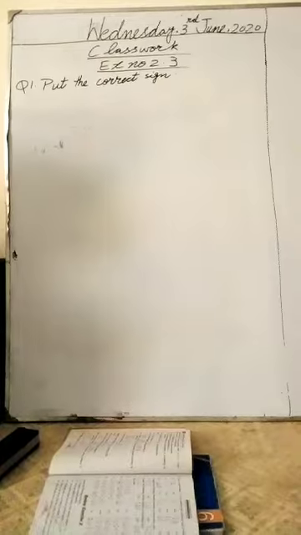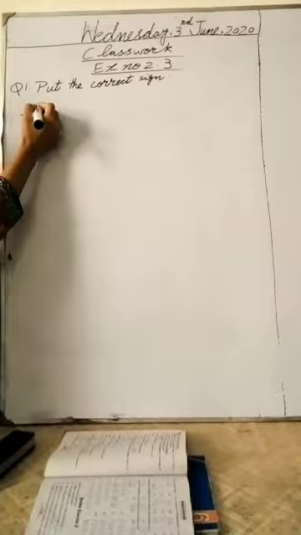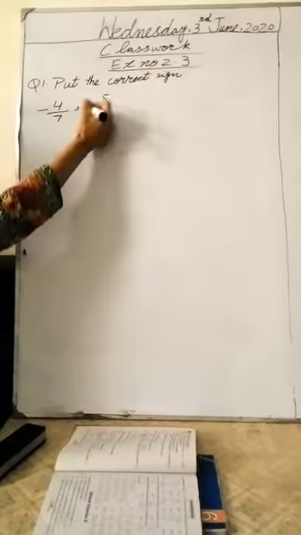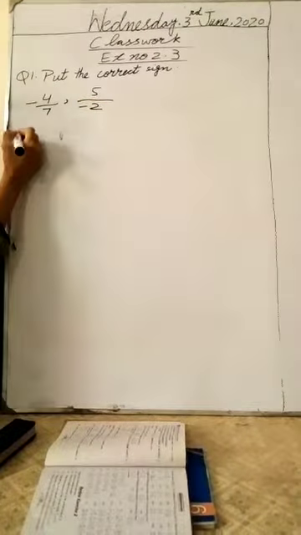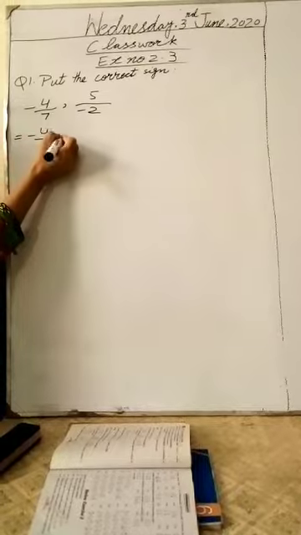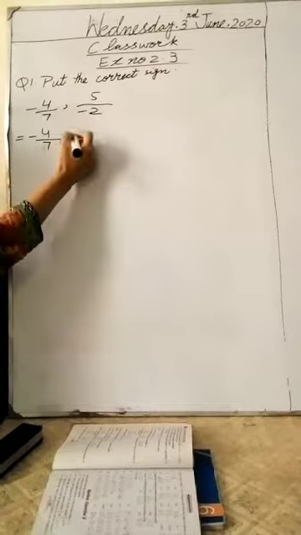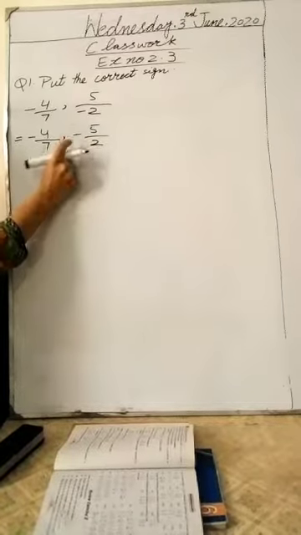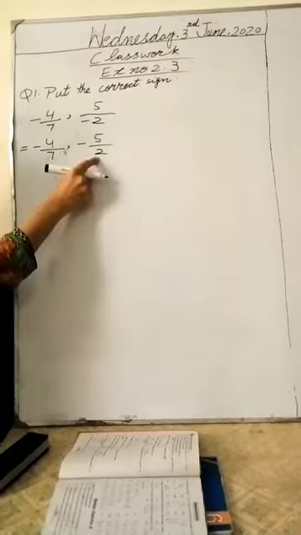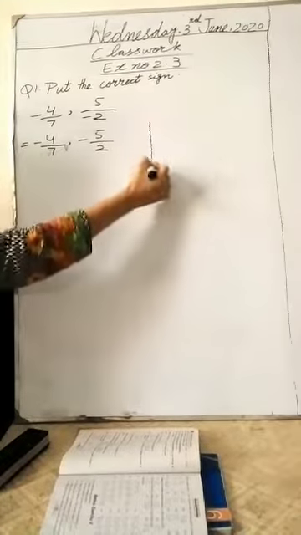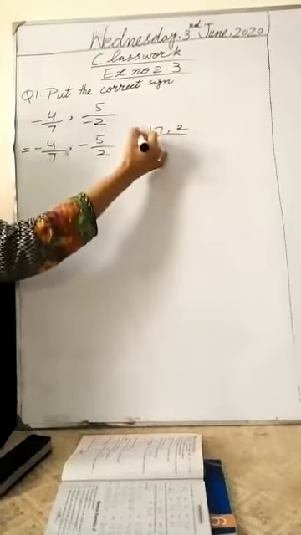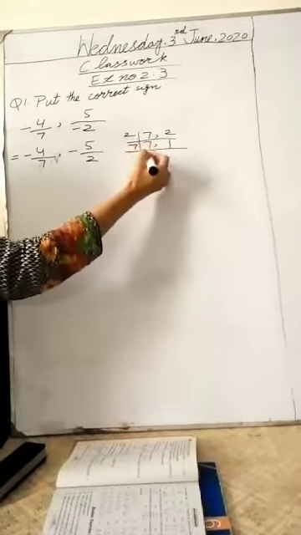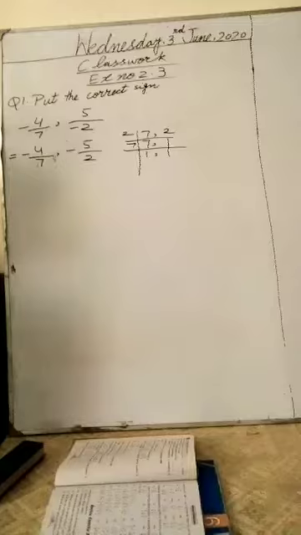Now I am solving the next question. Minus 4 over 7, comma 5 over minus 2. First of all, write your question again and put this sign with the numerator. It's just for confusing. You need to put it with the numerator. Now see the LCM. LCM are not same. Find the common LCM. Started with 2, 7 is not possible. 2 ones are 2. 7 ones are 7 and 7 ones are 7.